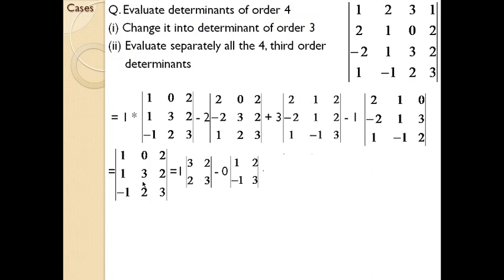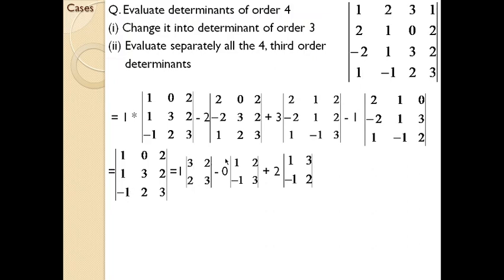I hope you all know how to deal with that aspect. So the remaining numbers are 1, 2, minus 1 and 3. After putting the minus sign, you have to go for the plus sign. So plus, the next number is 2. 2 into 1, 3, minus 1 and 2.